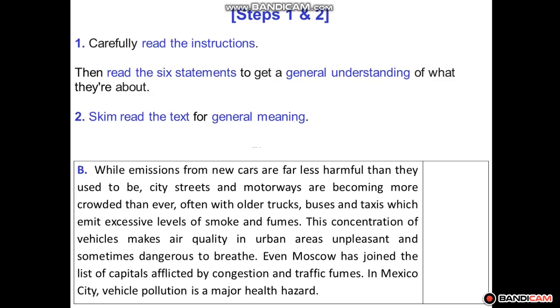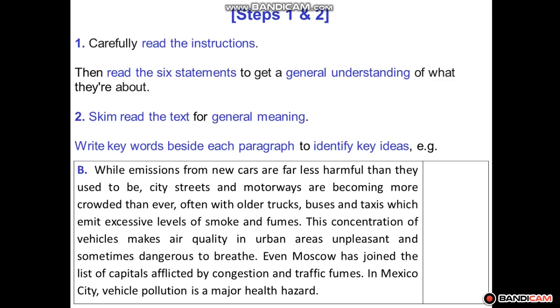All right. And now when you have the passage, write keywords beside each paragraph to identify key ideas, like you will see them in red color here. You can see them in the right column. For example, I have noticed these keywords. Fine. So you can write them beside the passage to help you remember what you found from the passage. All right. And then what you have to do,